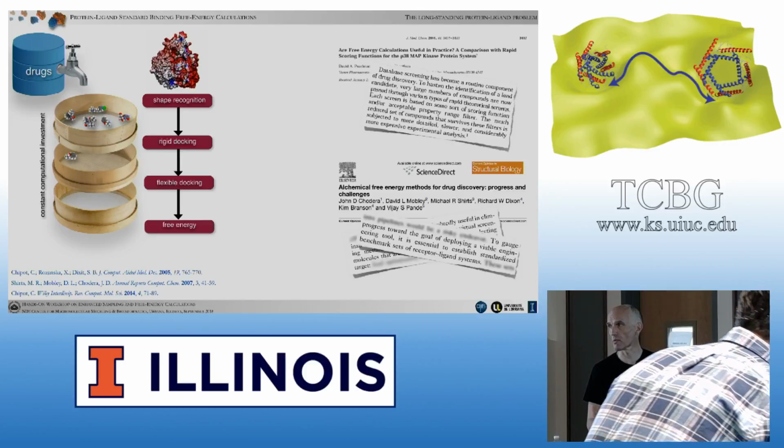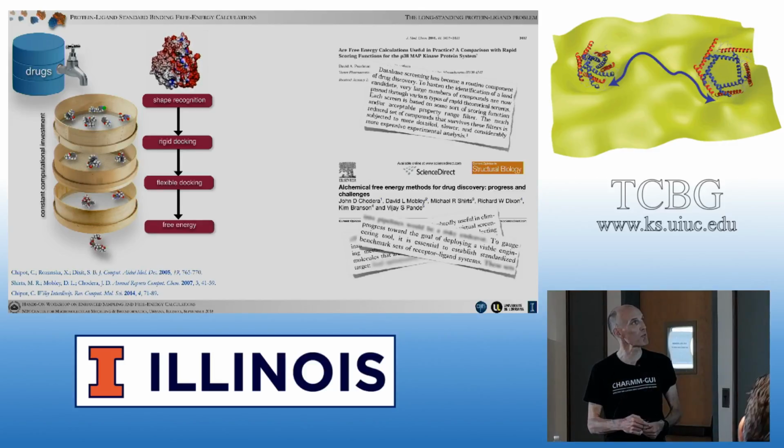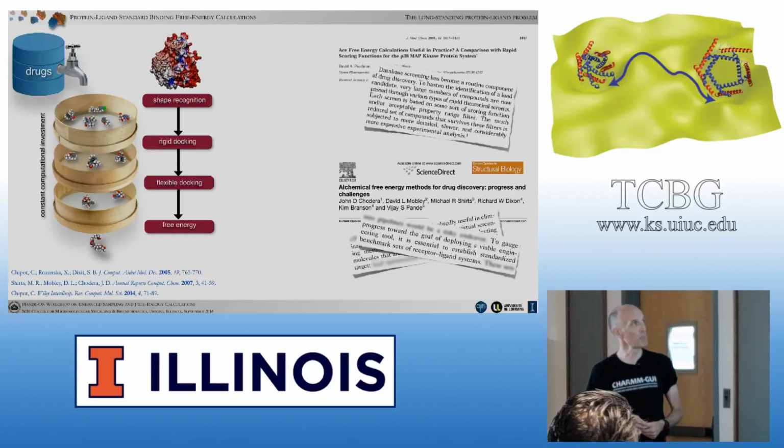of decreasing granularity. So you start with a very coarse-grained approach, like shape recognition, and then based on the candidates that you have isolated, you move on to a more sophisticated approach like rigid docking, and then on to an even more sophisticated approach called flexible docking. And finally, on the very few candidates that you have left, you can apply expensive energy calculations. The idea here is that at every step of the way, you have a constant computational investment. On the top of the funnel, we call that the screening funnel, sometimes high throughput screening funnel,